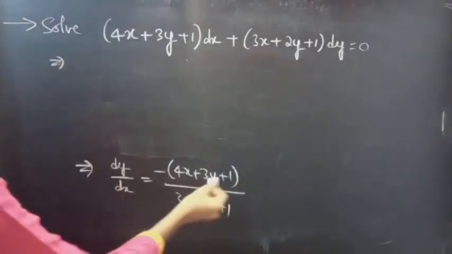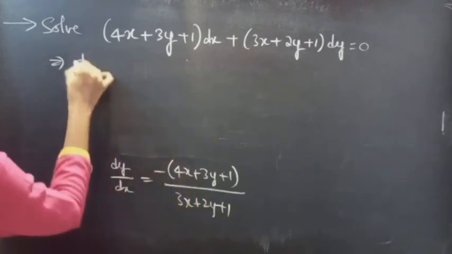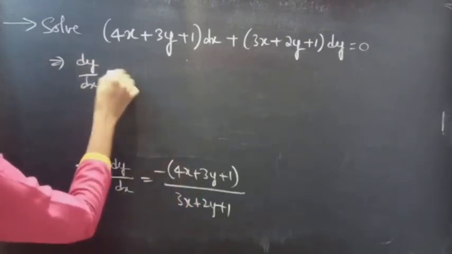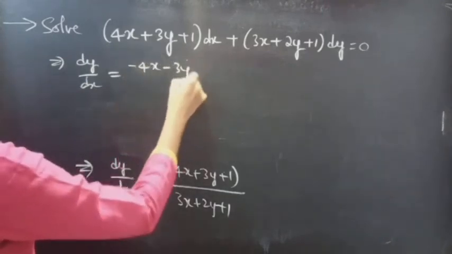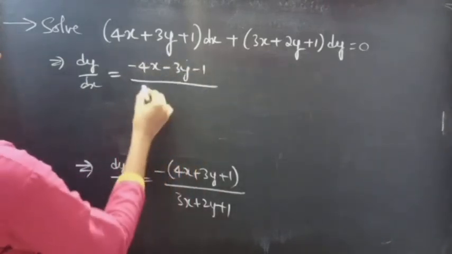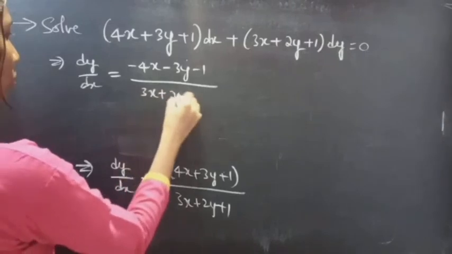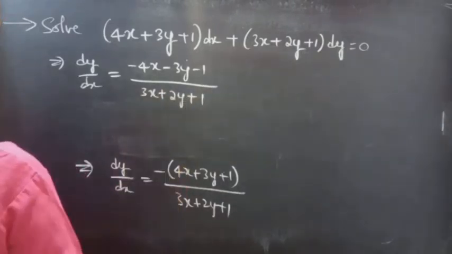Now multiply all these three terms with minus. We'll get dy by dx equals (minus 4x minus 3y minus 1) by (3x + 2y + 1),